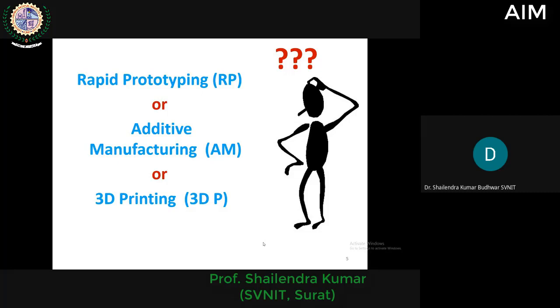Then the third stage, when the technology becomes economical and affordable to common people, when people can keep the technology on their desk, a new term comes into existence, that is 3D printing. It is similar to how earlier we said desktop, then laptop, and now all the work of your laptop can be done on your mobile phone.